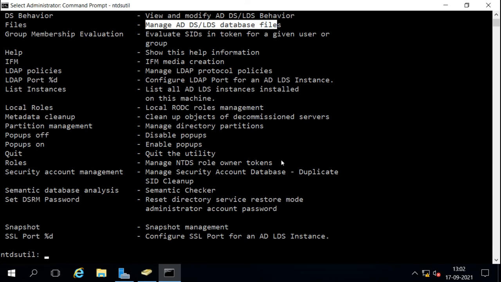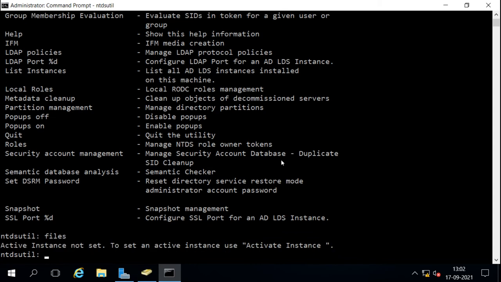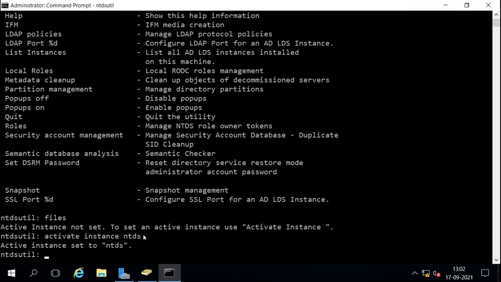Now, if I go to files first, it says first to activate the instance of Active Directory. So I will give the command: activate instance NTDS. Now the Active Directory instance is set to NTDS.